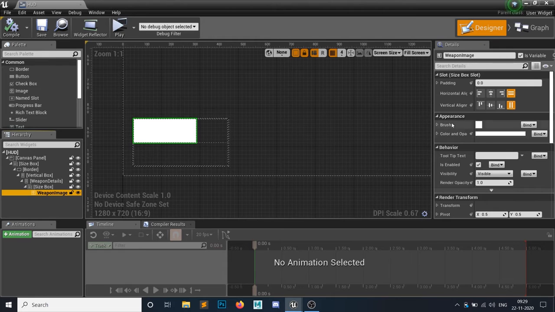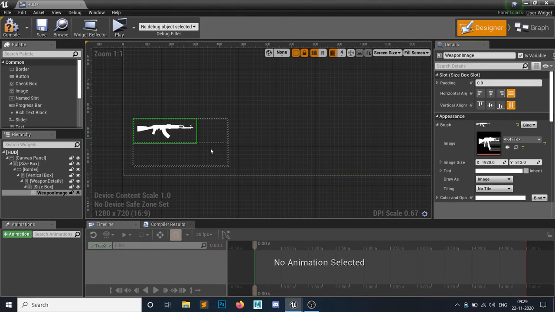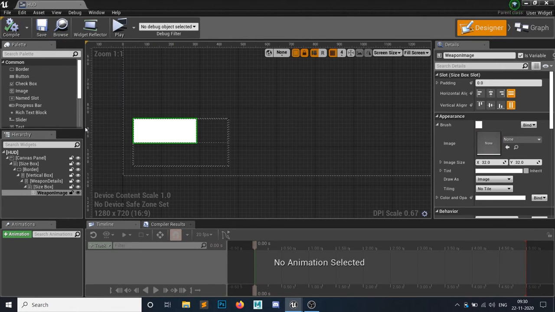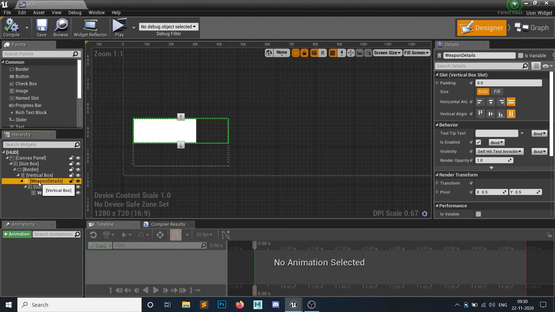If you add any image inside it, let's say the AK-47 texture, it will look something similar to this one, but I don't want it to stay like this. I want it so that it changes for different weapons, so we will make that. Right now, inside this vertical box, first we added an image.